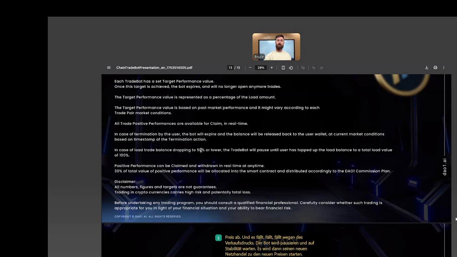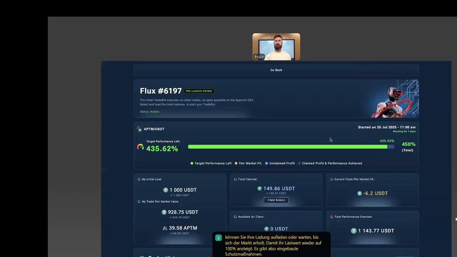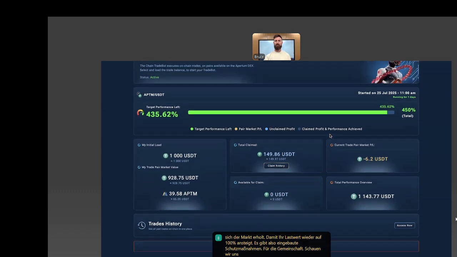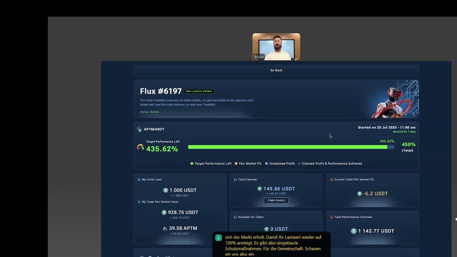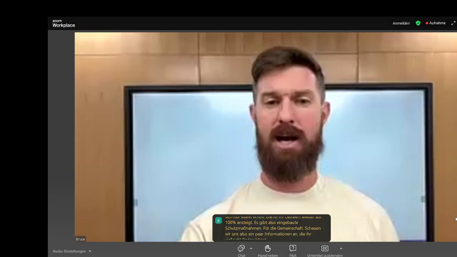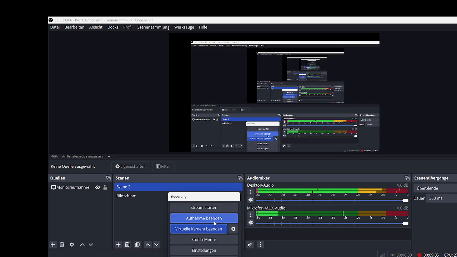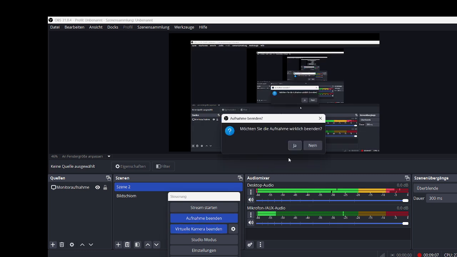And then if you want to start trading, you can top up your load, or you can wait for the market to retrace back so that your load value increases back to 100%. So there are protections that are built in place for the community. So let's go and have a look at a couple of pieces of information that you might find really interesting. Now, I did say to you on this call that we would do 2 parts. We would look at blockchain. We've done that by looking at the Explorer, the decentralized